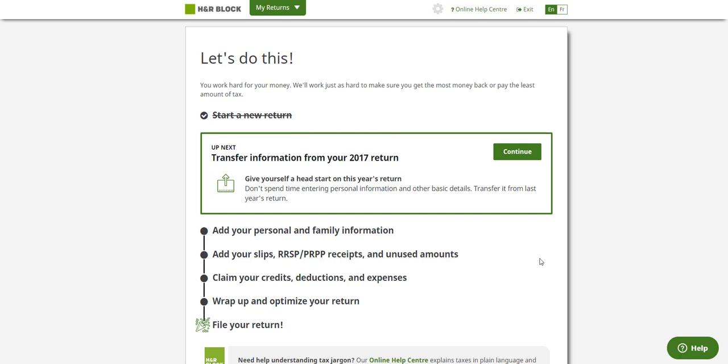So, how to file your income taxes using H&R Block online software. It's actually very simple. I'm going to show an example of someone who is single, lives alone, and is